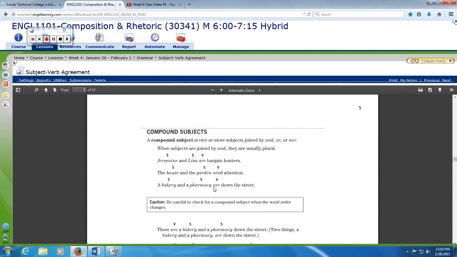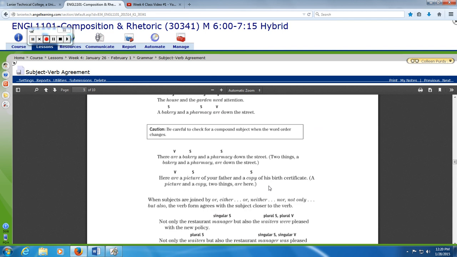Bakery and pharmacy, it's going to need a plural verb. Okay, that's when you have "and" by itself. Now, we talked about sometimes you've got when you have there are, there is, there were, there will be, and